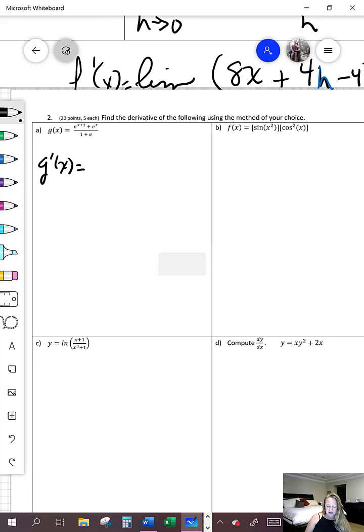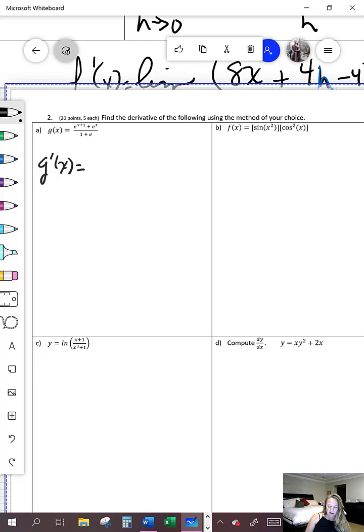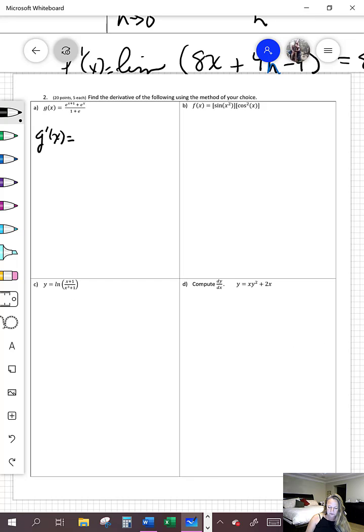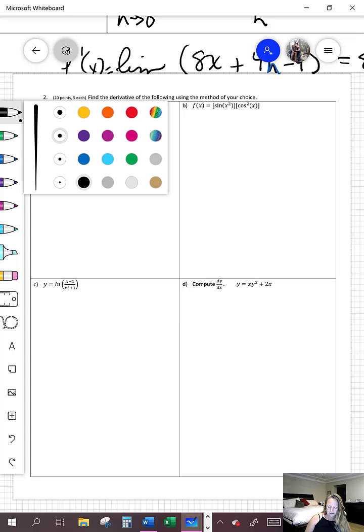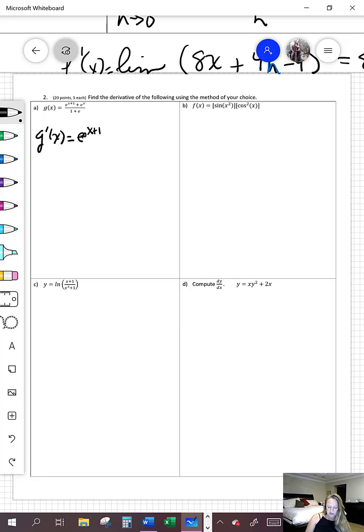And so when we take the derivative using the quotient rule, we take the derivative of our numerator first. And our numerator is e to the x plus 1. So the derivative of e, recall, is just itself, e to the x plus 1, times the derivative of the exponent, the inner function, x plus 1, which is just 1, plus the derivative of e to the x, which is just e to the x, all times the denominator. The denominator in our case is 1 plus e,